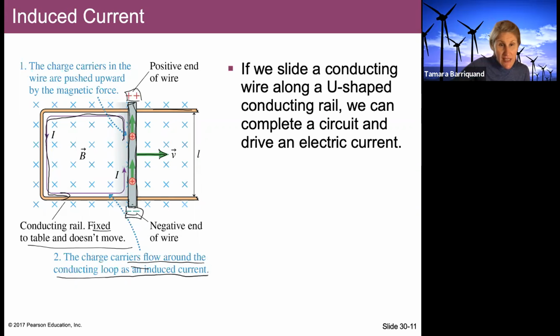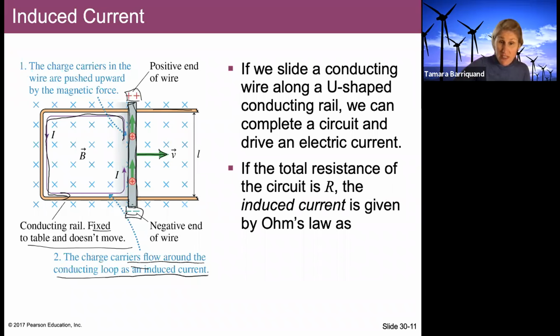So if we slide a conducting wire along a U-shaped conducting rail, we can complete a circuit. And now, because we have that motional EMF that we just saw, that we were able to get that separation of the charges to give us this potential difference between either side of the conductor, now we can generate an electric current. So if the total resistance is R, the induced current that we're now generating will be given by